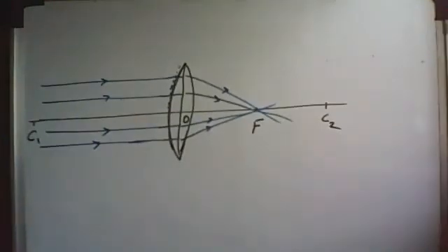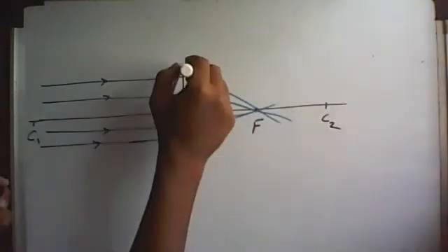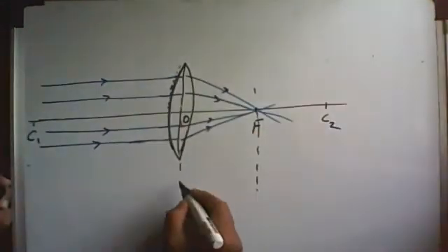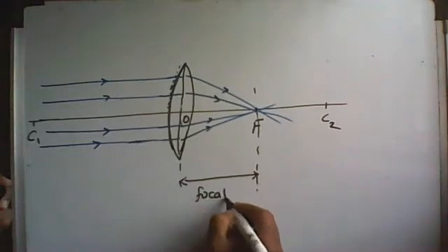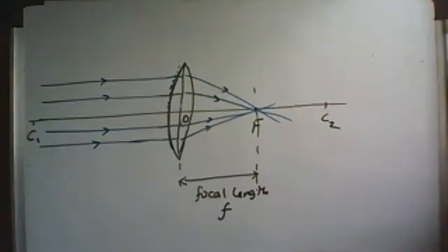symbolized by capital F in ray diagrams. And then we said that the distance between the lens and the focus will therefore be called as the focal length, symbolized by italicized f. We also said that incident rays that are parallel to one another but are obliquely incident,